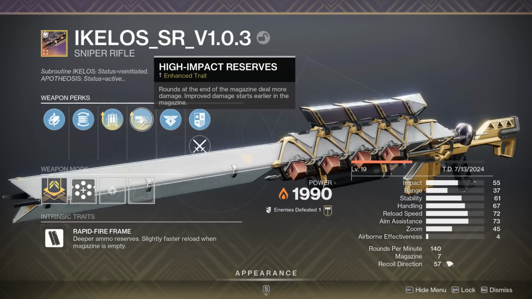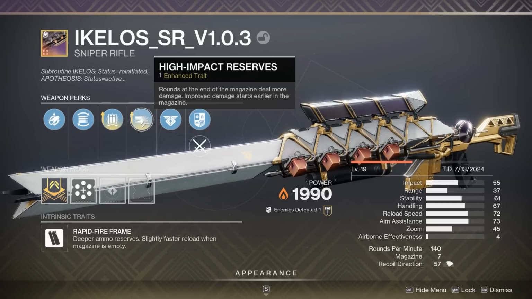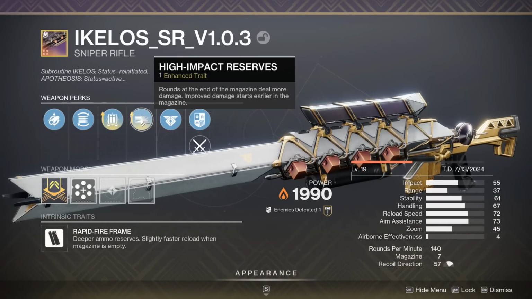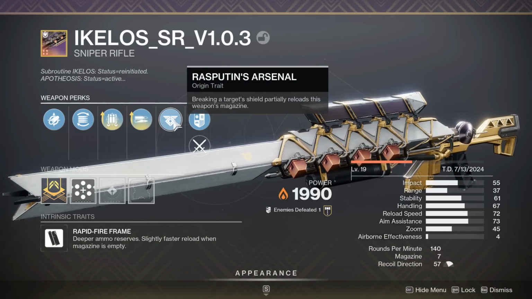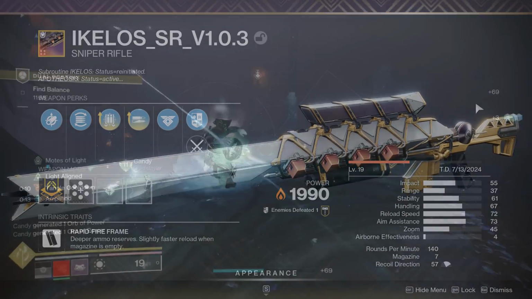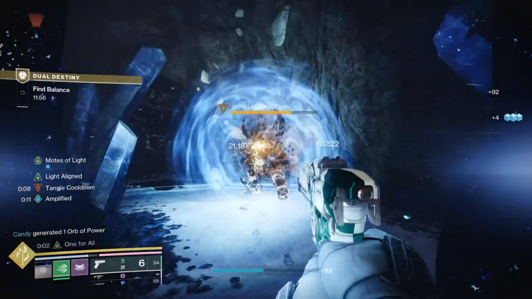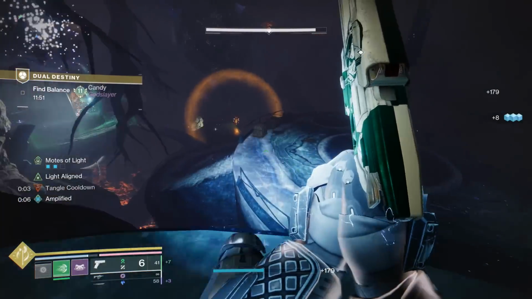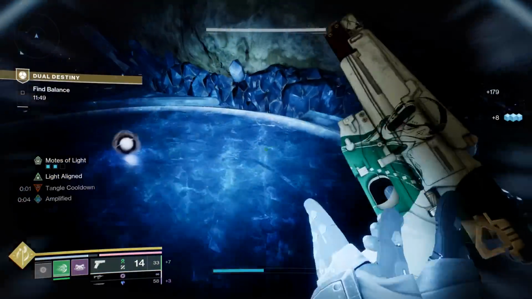So, rounds at the end of the magazine deal more damage, and if you enhance it, it ramps up faster. Now, the combo is that because 4th Times is triggering and giving you rounds back, you're actually going to get those final 2 shots in the mag that do the most damage with High Impact Reserves. You're going to be getting them back multiple times, so you are absolutely cranking,